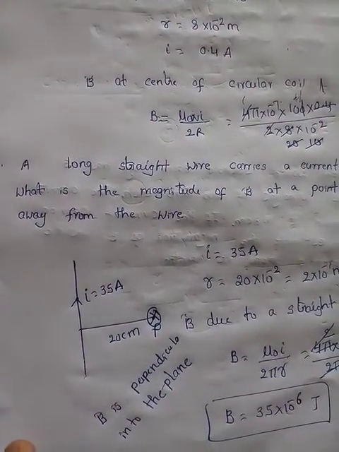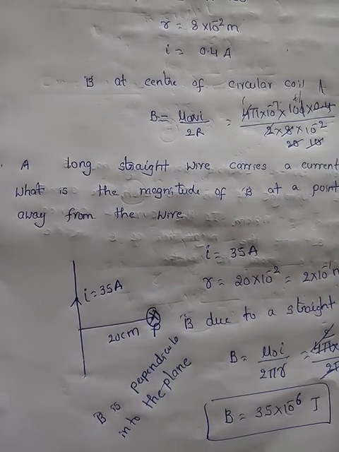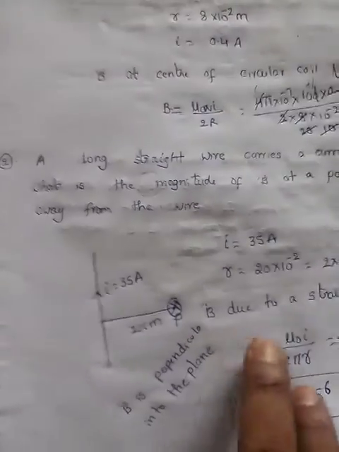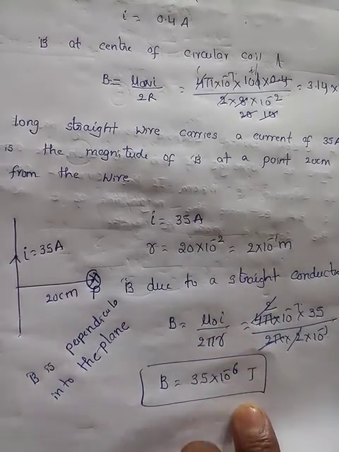Similar questions, you will get 2-3 questions out there. I am going to give work for you that you should answer the questions and send the answers to me in your class notes. Same type of questions. Magnetic field of a straight conductor: again you can see that the formula is B is equal to mu naught I by 2 pi R. Next one.